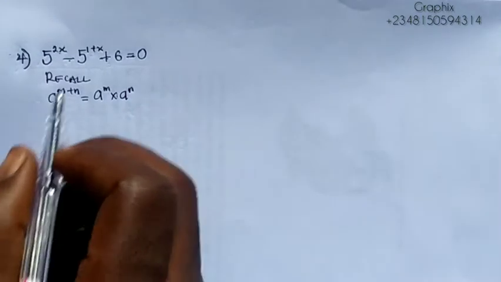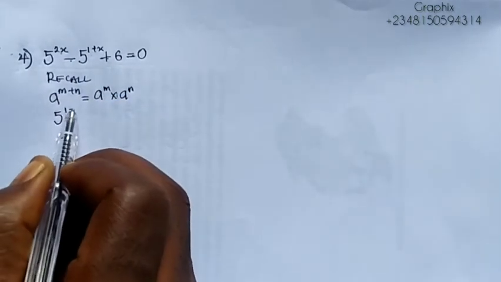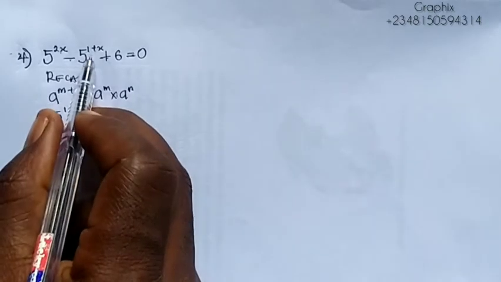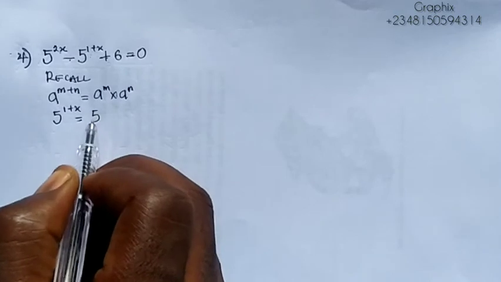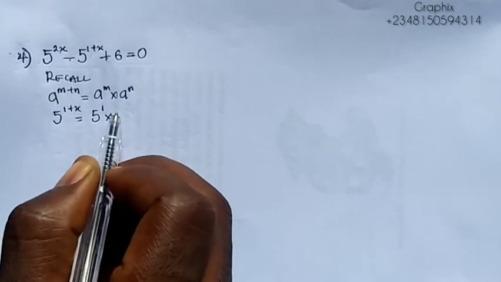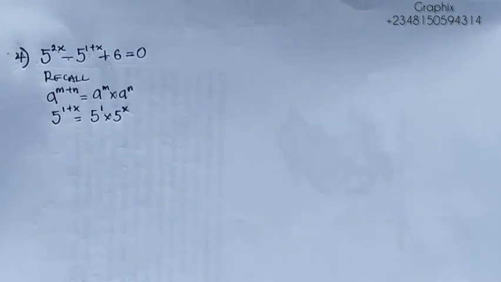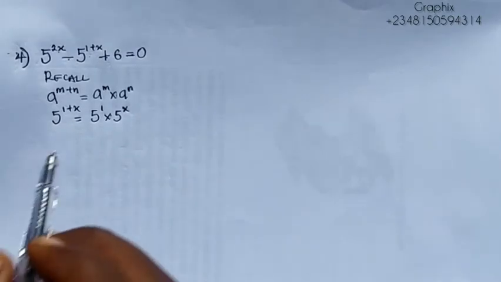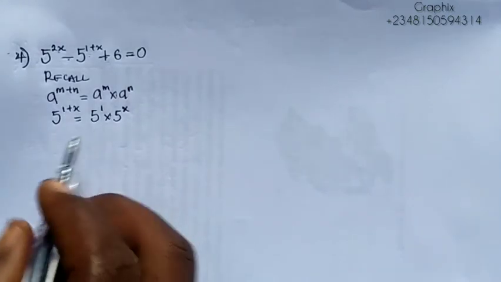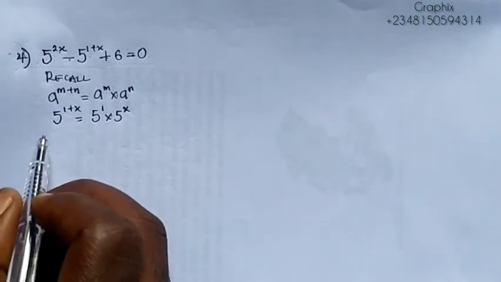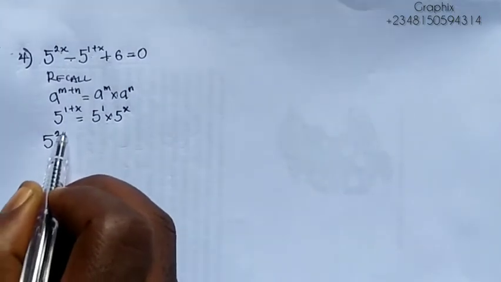So that means 5 to the power of 1 plus x will be equal to 5 raised to the power 1 times 5 raised to the power of x. So whenever I see 5 raised to the power 1 plus x, I'm going to put this. So I'll be having 5 to the power of 2x